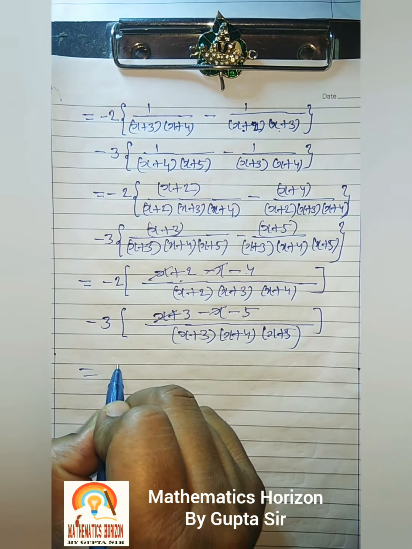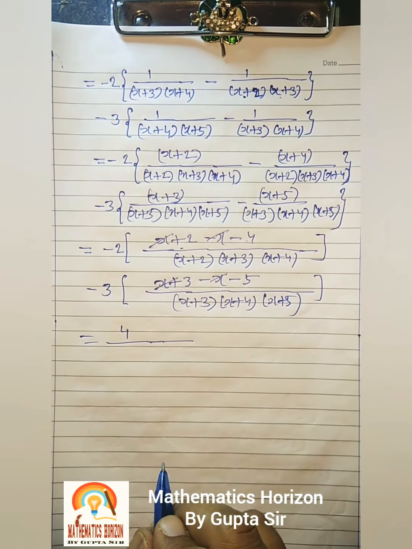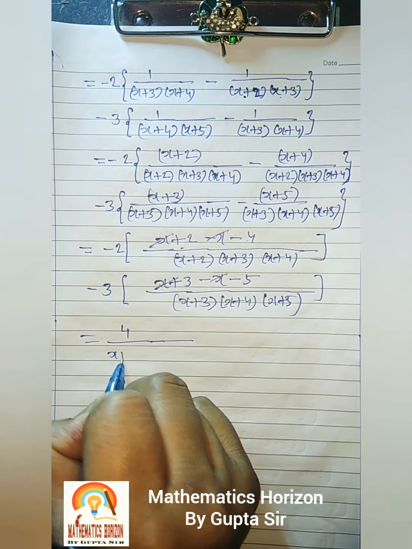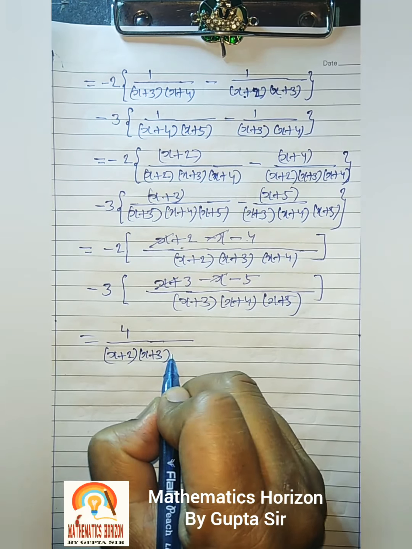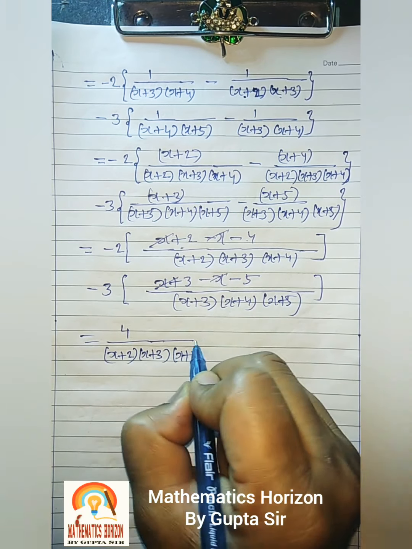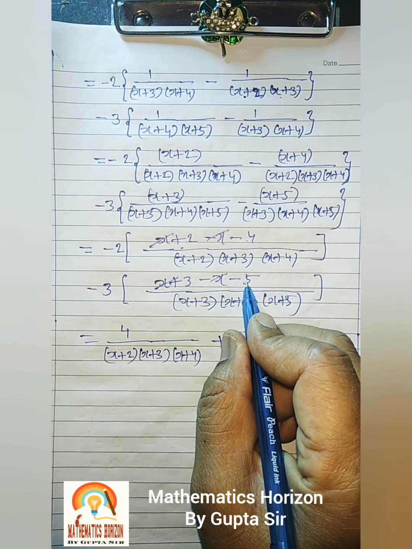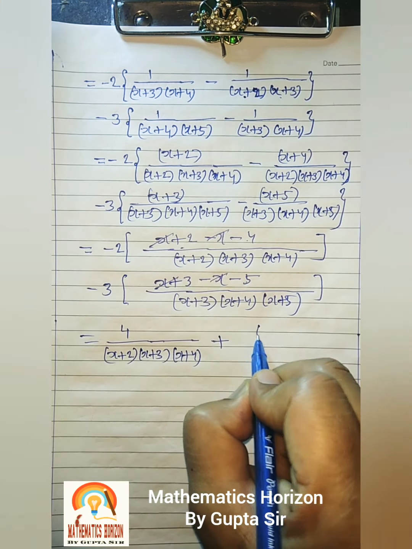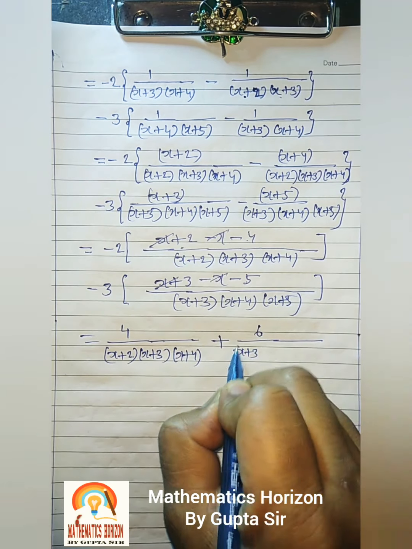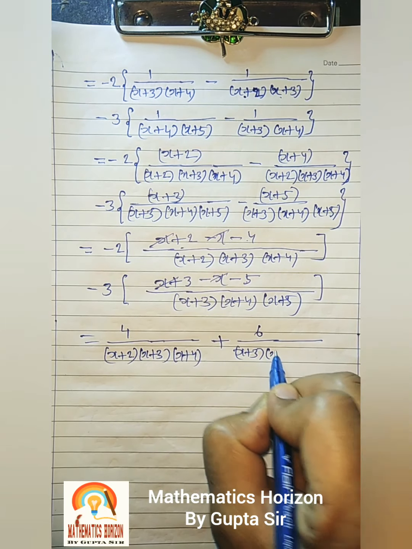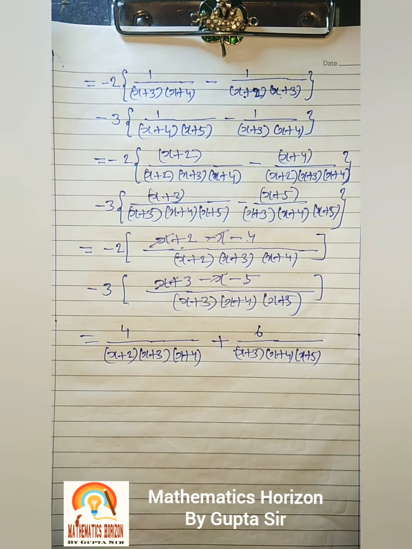Here we have 4 upon, what is our first term, x plus 2, x plus 3 and x plus 4, and here we have 3 minus 5 is minus 2, minus 2 into minus 3 plus 6, that is 6 upon x plus 3, x plus 4 and x plus 5. Okay,